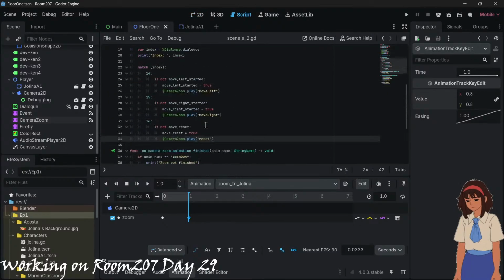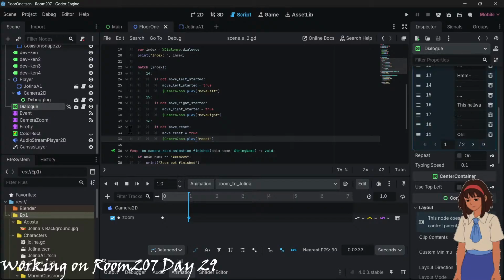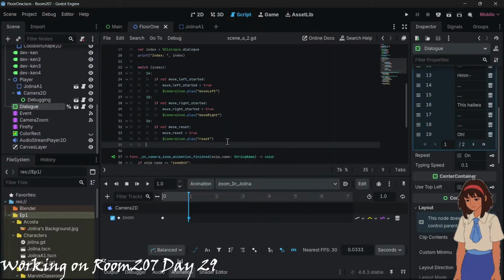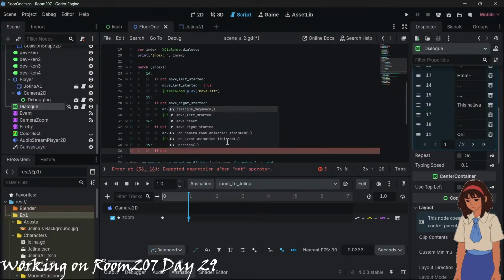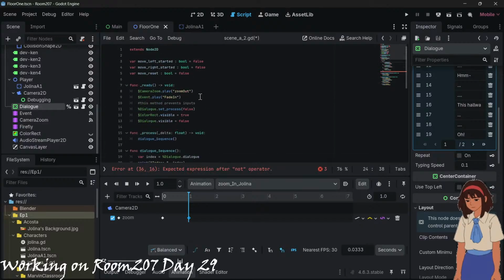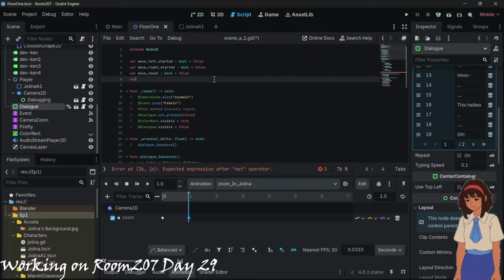And then in the code, yung index nung O is nasa 19. So 19, if not variable zoom to